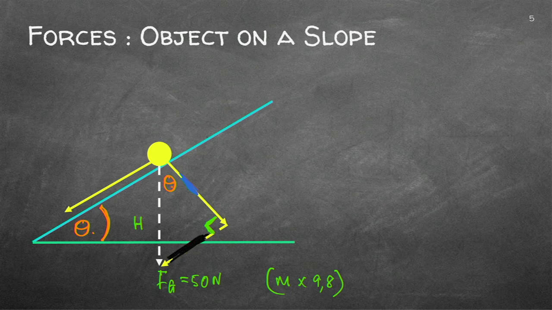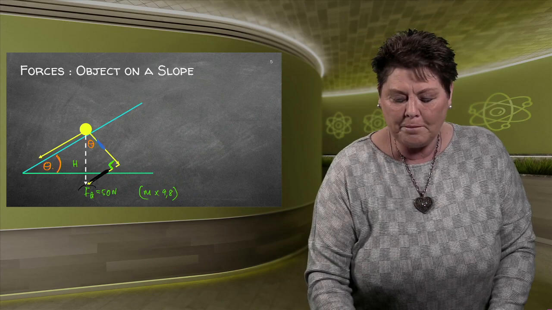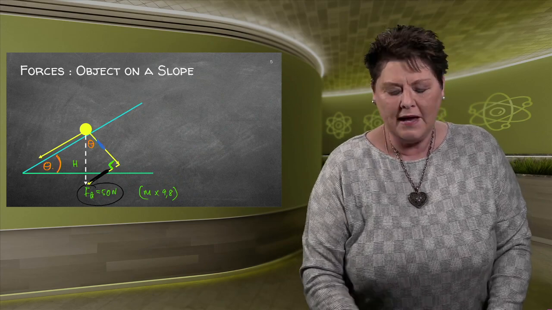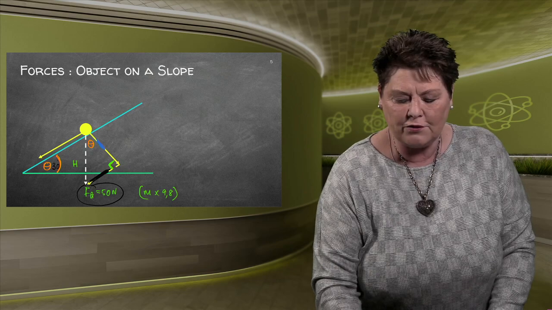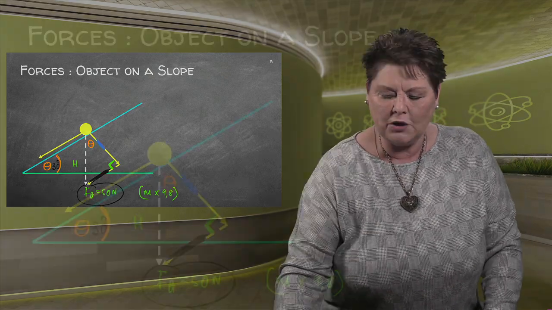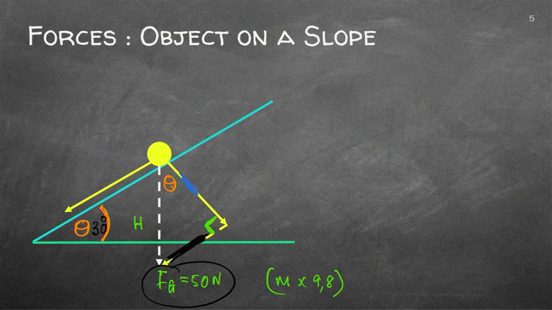Now, quickly, get your pen, your paper, and your calculator out and see if you can calculate those two with me. Having a hypotenuse of 50 newtons, and let's say we've got 30 degrees there. Let's quickly have a look if we can calculate those two forces. Now, I'm going to do it with you. This one will be, as I said, adjacent. So it will be 50 times cos of 30 degrees.